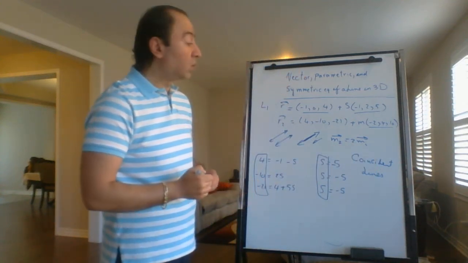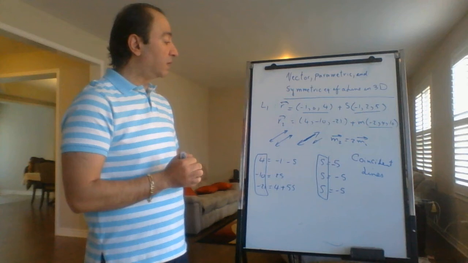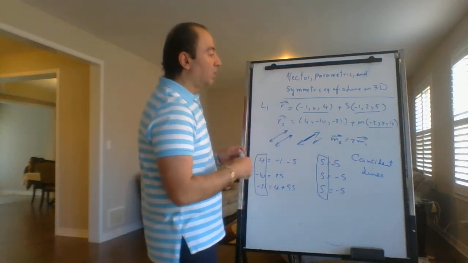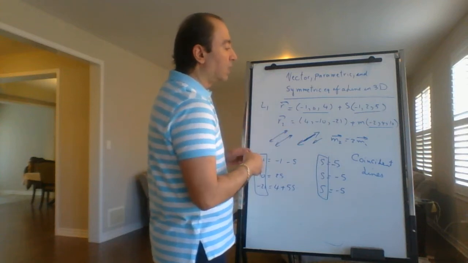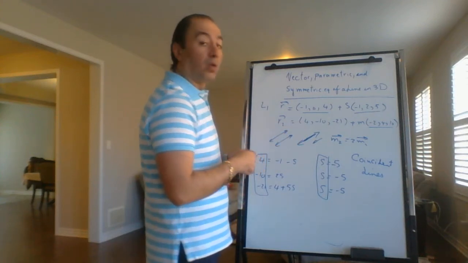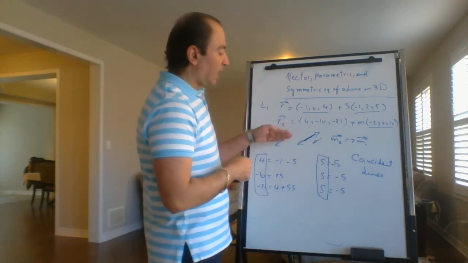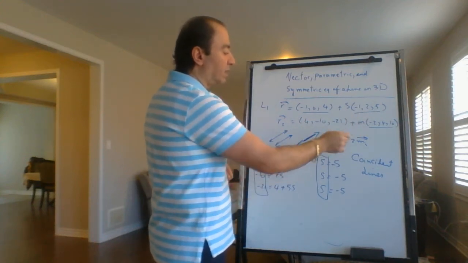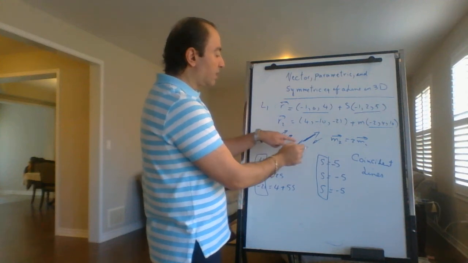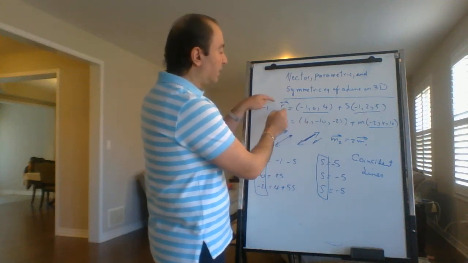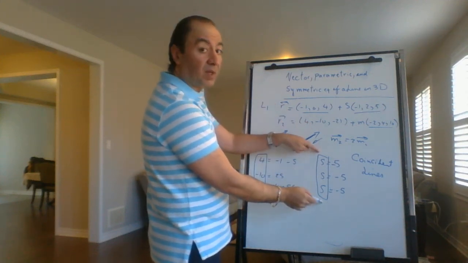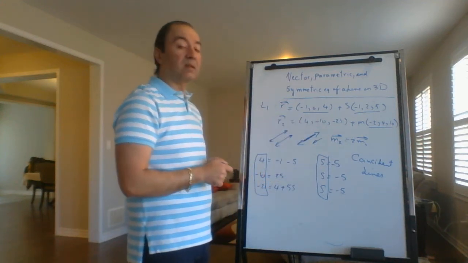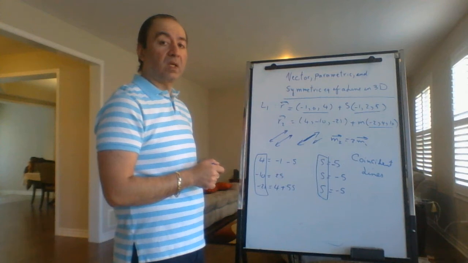Okay, so this is how we show that these two lines are either parallel or the same line. We see the direction vectors. If they are scalar multiples, we have these two cases. We check one point in the equation of the other. If we get the same parameter in all three equations, that means those are coincident lines. Okay,